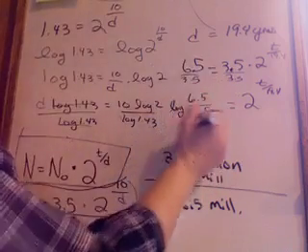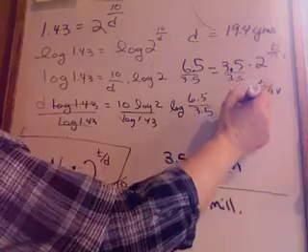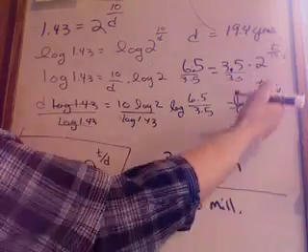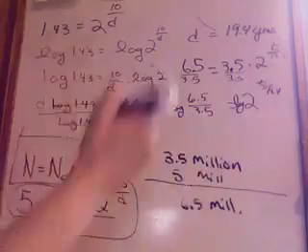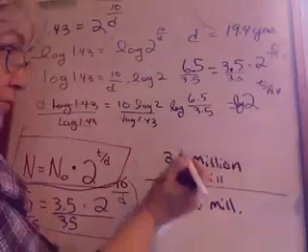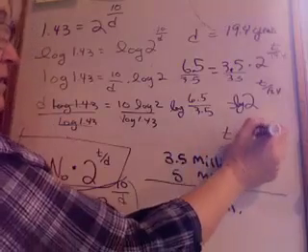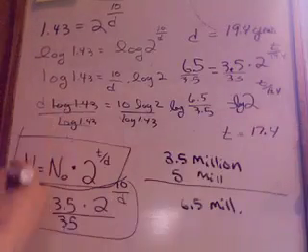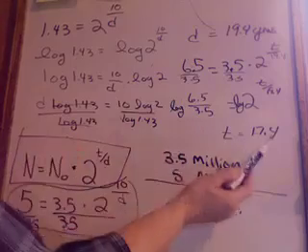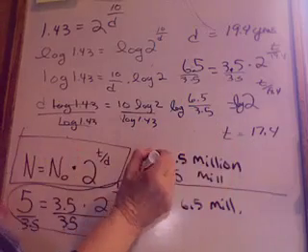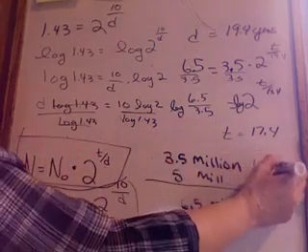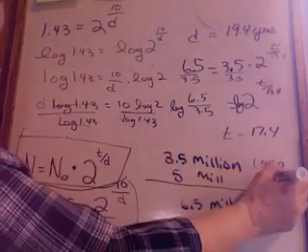So you take the log of this side and the log of this side, and then move the exponent down, solve it for t. You try to figure this out. See if you can get the answer. T equals 17.4. And what that means is 17.4 years from when this population, and remember this was 1980, this was 1990,